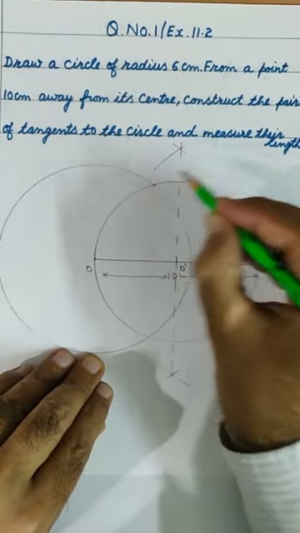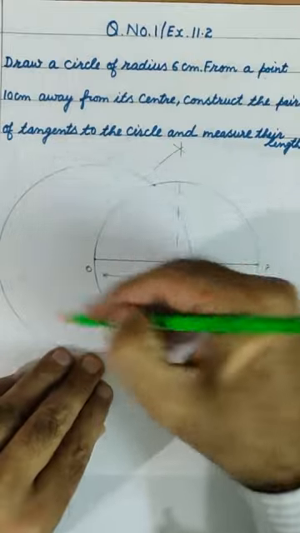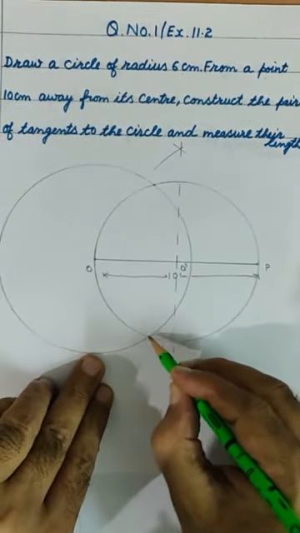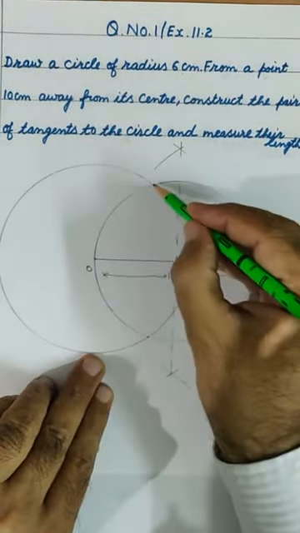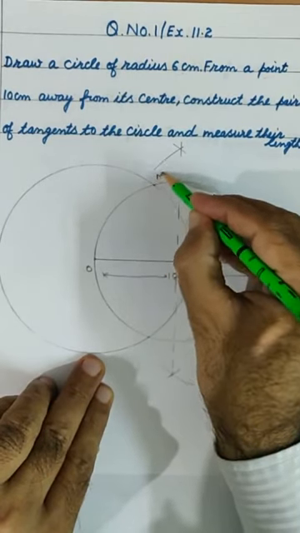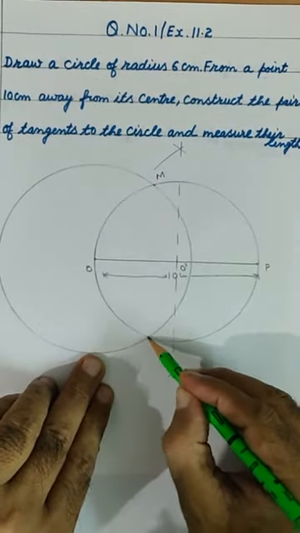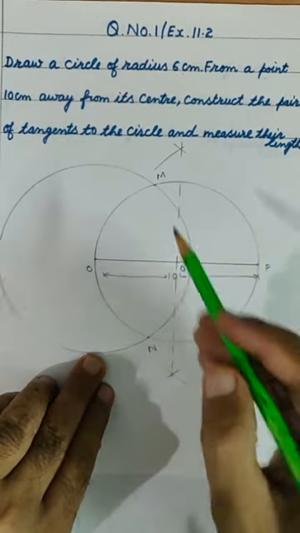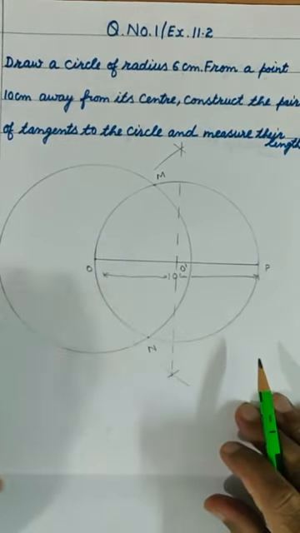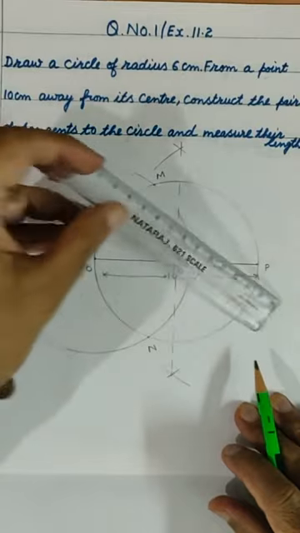We get these 2 points where this circle intersects the original circle. We can take them as M and N. These are the contact points. So my dear students, we got the contact points.